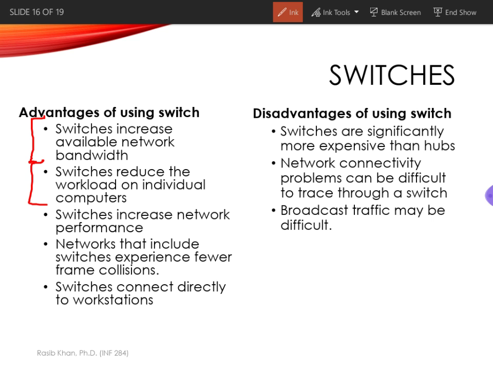And therefore, the ones which are not the intended recipient would then need to check and then discard the packet. However, the switch avoids this situation by only sending it to the intended destination, and therefore all the other computers have a reduced workload. So the overall network performance increases, and there are fewer frame collisions,